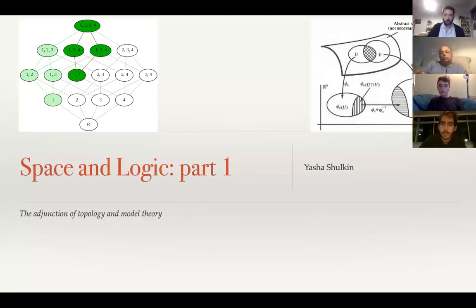Okay, so this is the beginning of my presentation on space and logic. I'm trying to bring out and make appear the relations between topology and logic, which we've seen a lot in the things we've been talking about, especially in Badiou, with the transcendental and transcendental logic, because really that space is